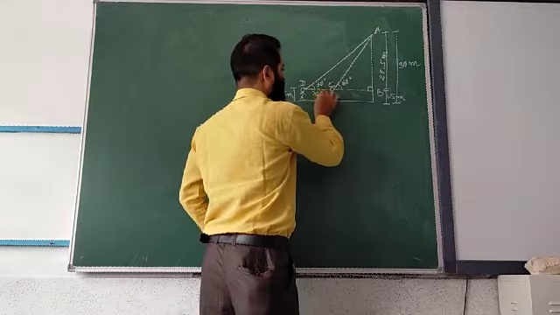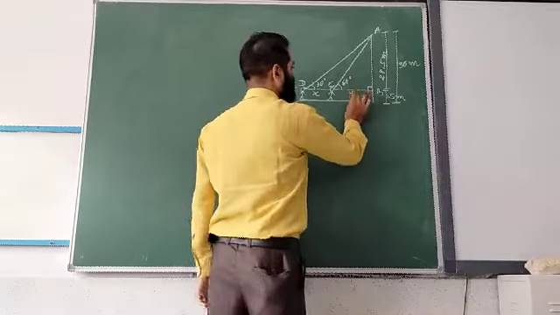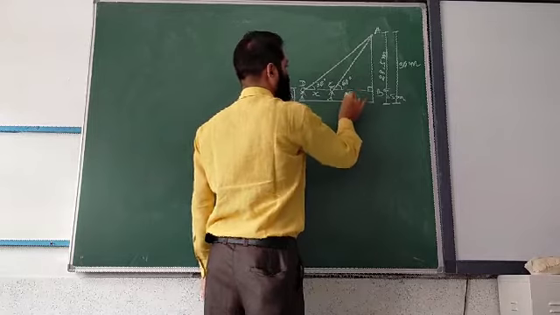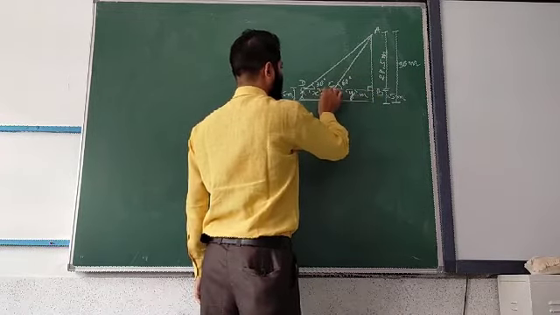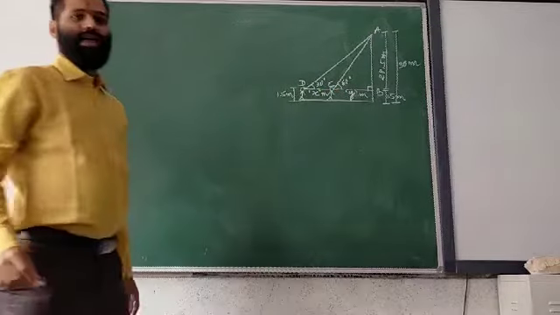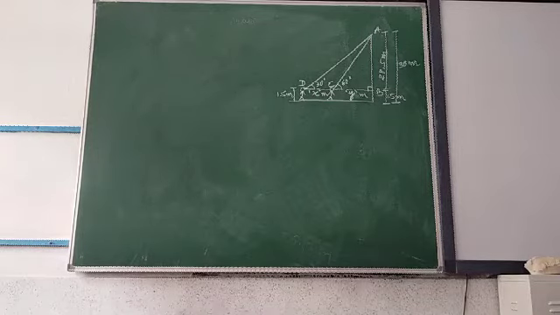So let us suppose that this is x, and let us suppose that this is y. Any confusion? X meter and y meter. Draw the diagram clearly so that you can understand and even your teacher will understand. Done? Done or not? So we will not write so many things.